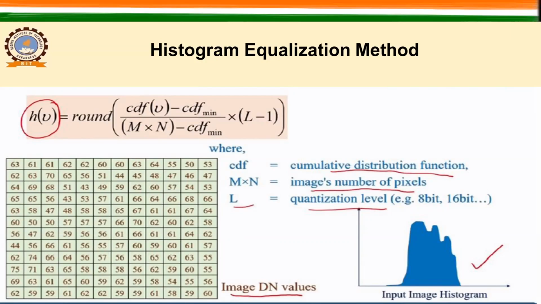I'm going to show the solution where we have an image of DN values, and this is basically an image, but I am looking at the values, right? And this histogram appears something like this. Now, when we have this image and this histogram, how will we apply this particular formula, right? First of all, we need to identify the unique DN values from the image or from that matrix. So these are the unique DN values, and here also it is in continuation, right? It starts from 43 and ends at 75.